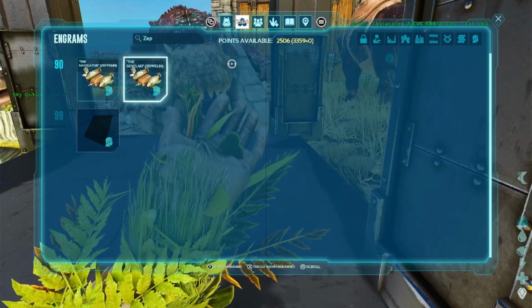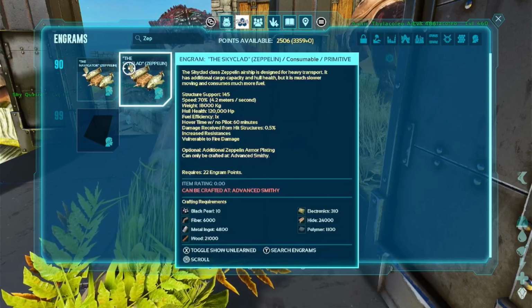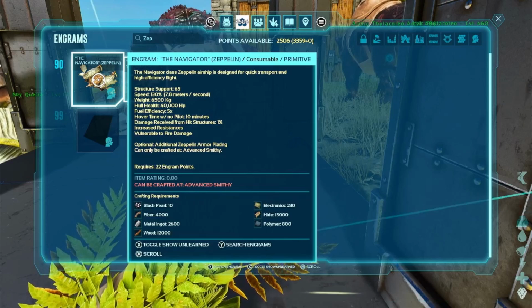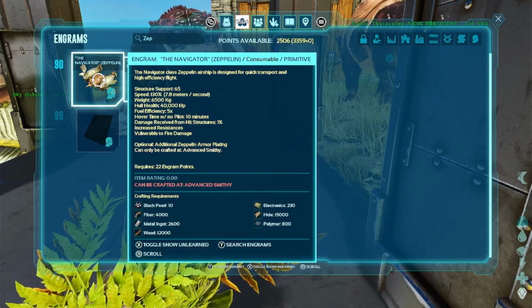Yeah, 2 options for Zeppelins here in Jurassic Awakening. They are still Bob's Tall Tale items, but look at these 2. So this is the Navigator. This is the one that's supposed to be quick transport and high efficiency flight. So 130% movement speed, up the weight, up the health, up the fuel efficiency,